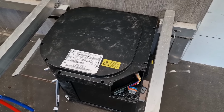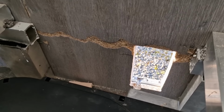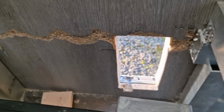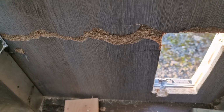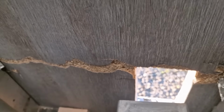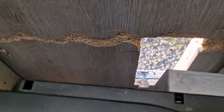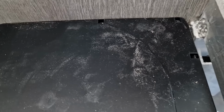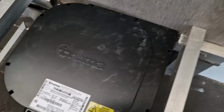So the first job of fitting the boiler is cutting the hole. I've had to remove the aluminium frame that was in the way, as the boiler was going to be in the way, and that has then allowed me to fit the boiler nice and snug. I've ended up raising